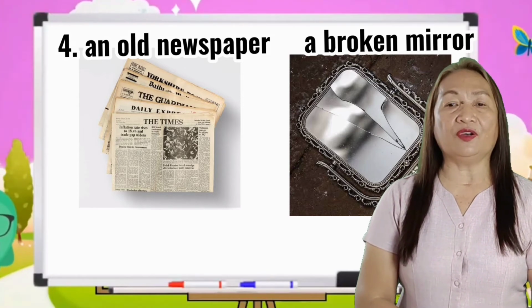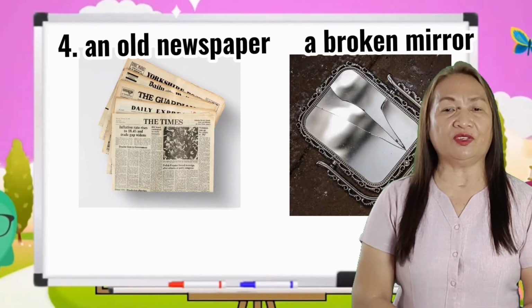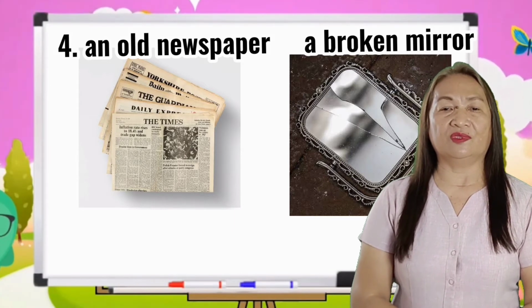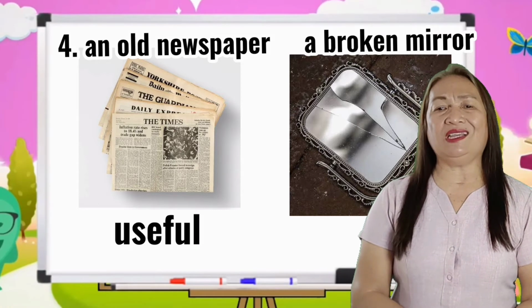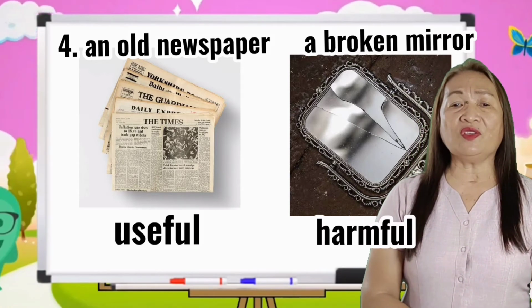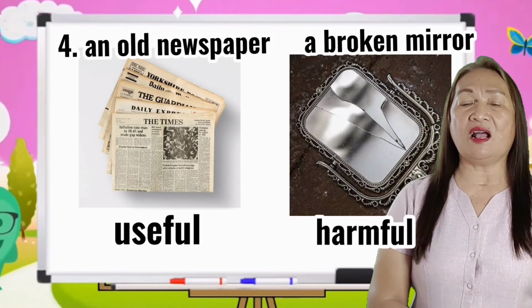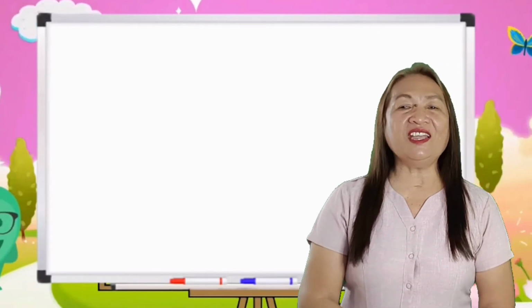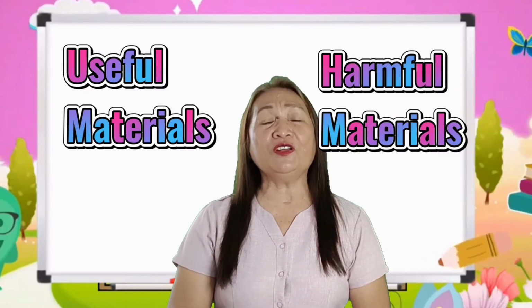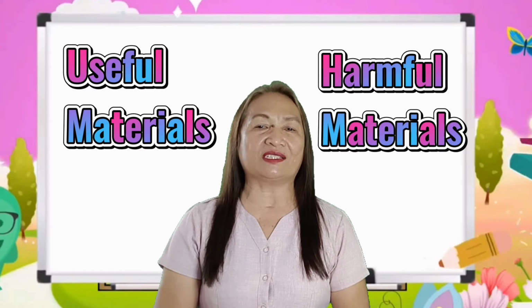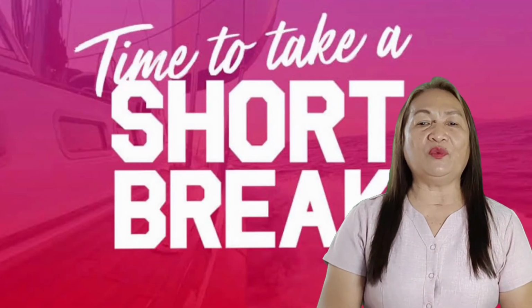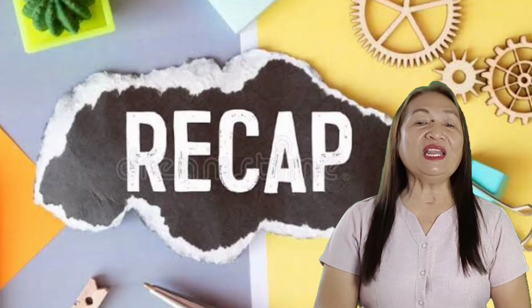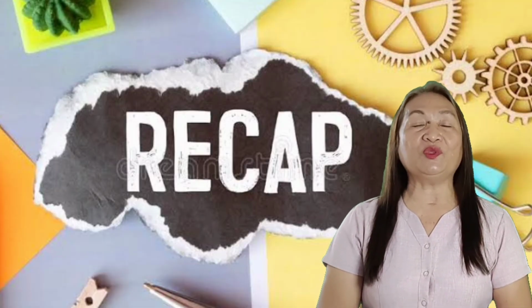Which is harmful and which is useful? Very good. Old newspaper is still useful, but the broken mirror is harmful. We are done exploring the useful and harmful materials. Let us take a short break, and when we come back, we will have a recap of what we have